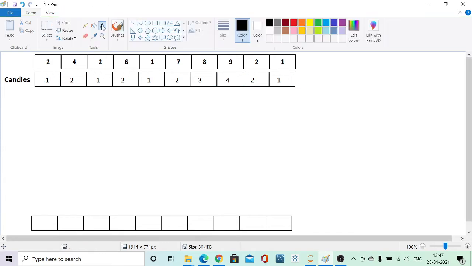Now what we see here is that the ratings are increasing, decreasing, increasing, decreasing. They are in this sinusoidal wave. If we see this portion, we can say that if the next student has a higher rating, then the candy should be higher in number, that is this student gets 1, let's say the next student gets 2, then the next student gets 3 candies. But when the slope starts decreasing, we cannot be so sure about how many steps there are.